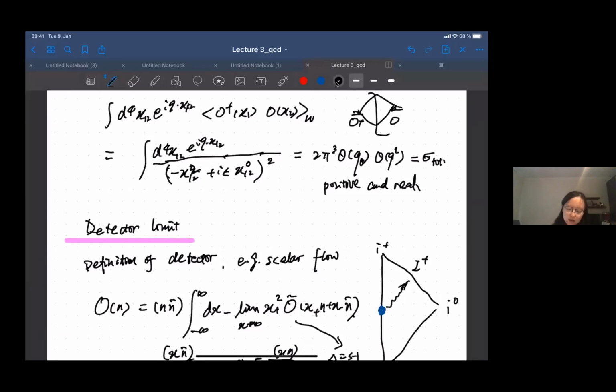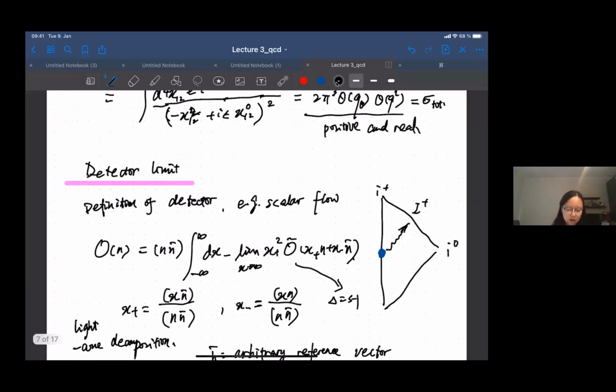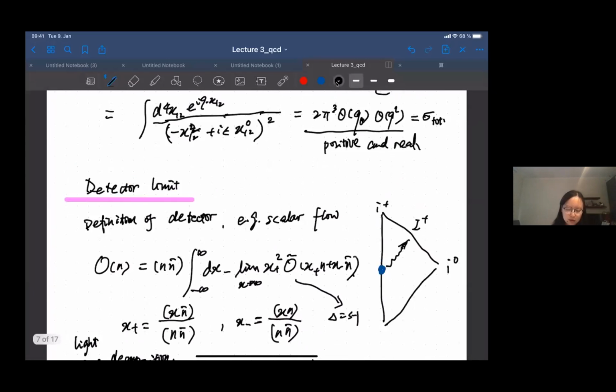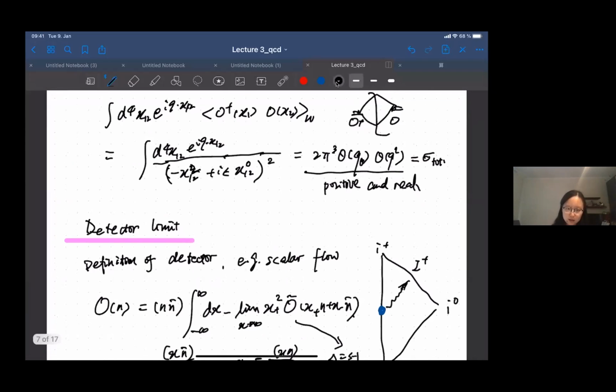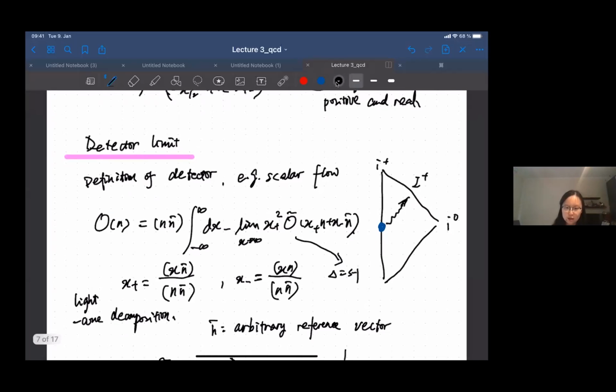You can check that this Fourier transform gives you this expression, which is positive and real. And it should be equal to what you get from computing the cross-section from the amplitudes. This verifies that the way we do the analytic continuation is valid. Obviously this is a very trivial case where you do not have any detector insertions, only the source and the sink. But if you want to measure some charge or the scalar flow, you need to insert